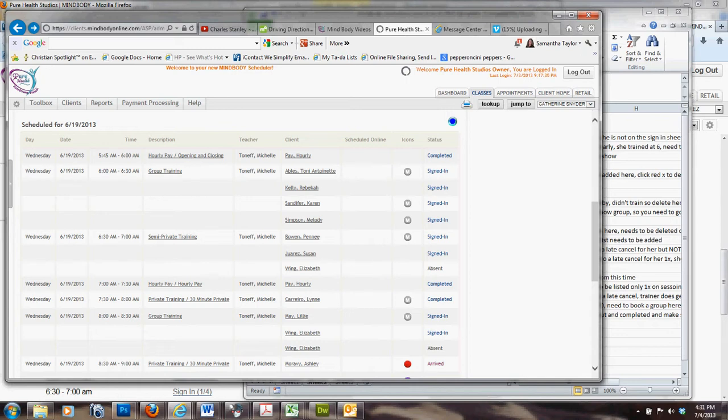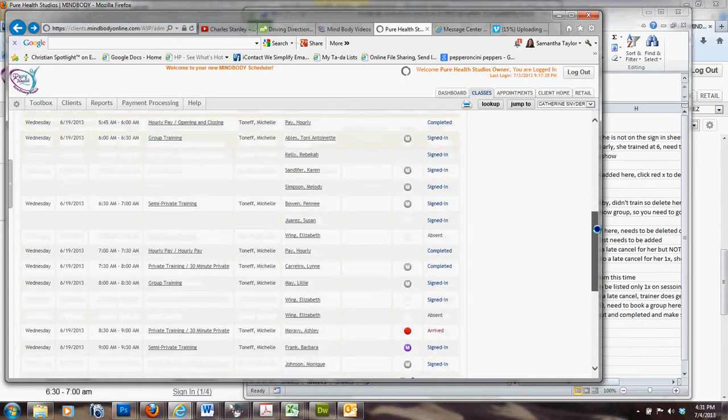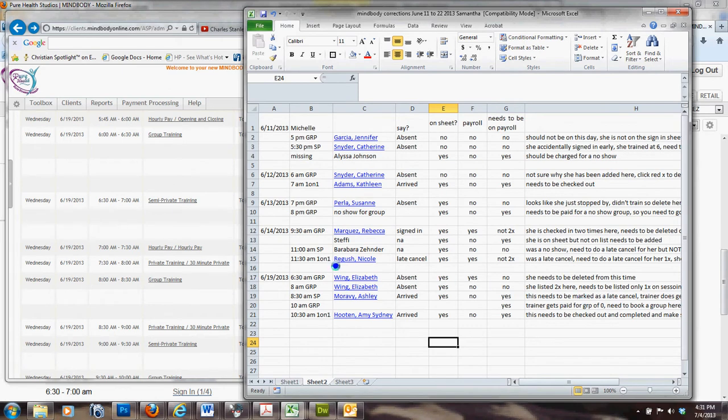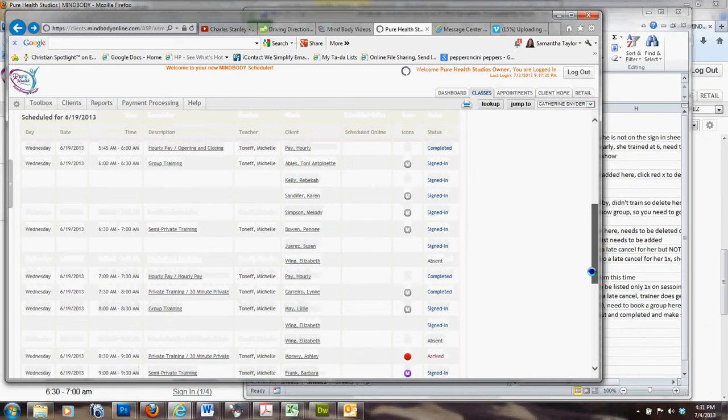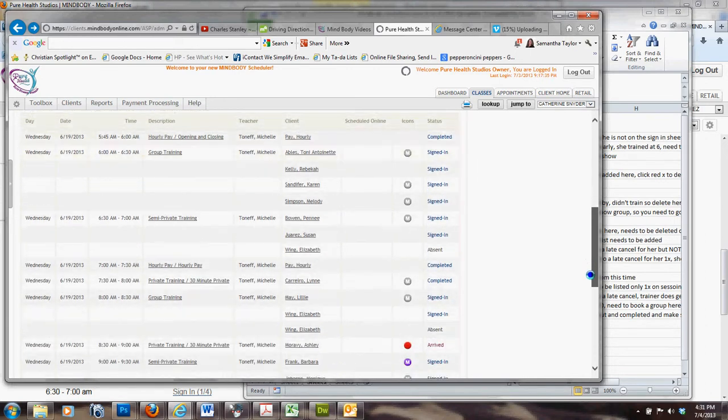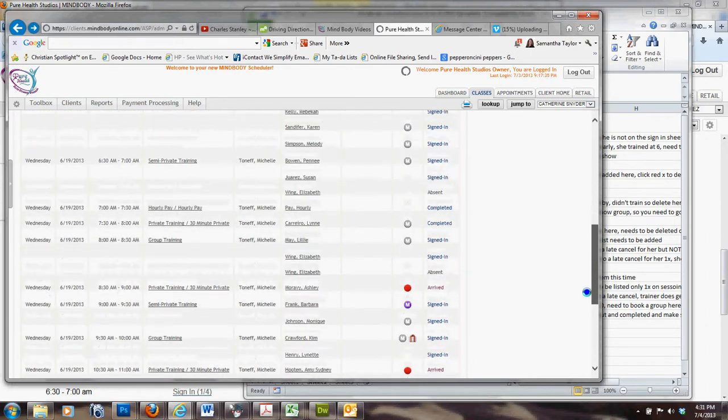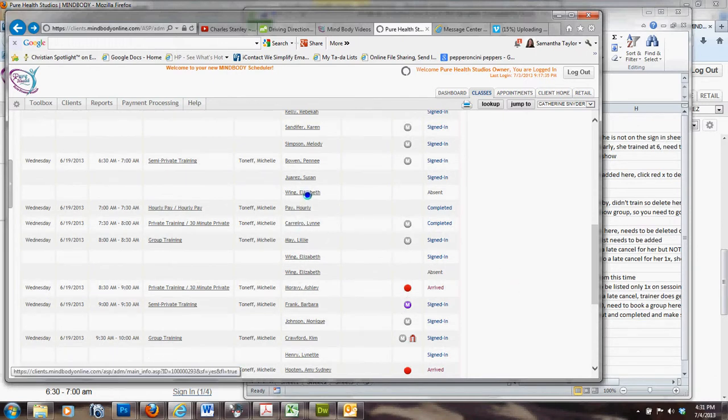Okay, now we are doing June 19th, and I put on here Elizabeth was checked in 3 times. So you did not know how to check this schedule, which is really great because it helps you to see exactly this based on the sheets. So Elizabeth here, she was not even here, so that needs to be deleted. She was here, but she was not there twice. So both those absent ones, you need to go into the class and delete it. I would say that would be the easiest way, where you go to classes and then just go on